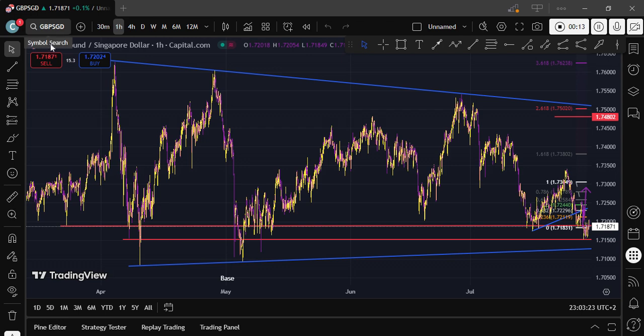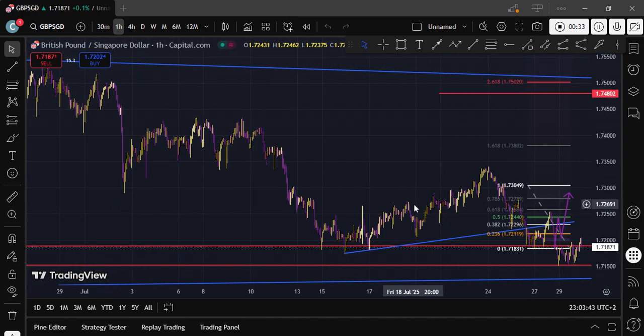This is episode 6. This is the pound SGD. I remember telling you guys about these lines that I've created, these two red lines, and